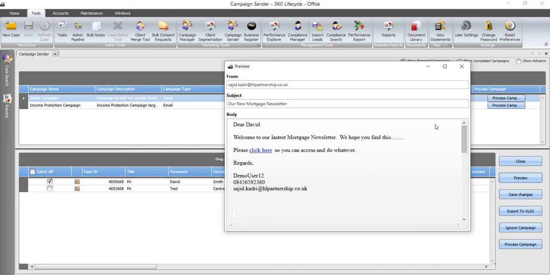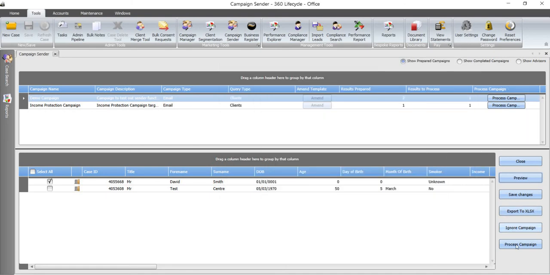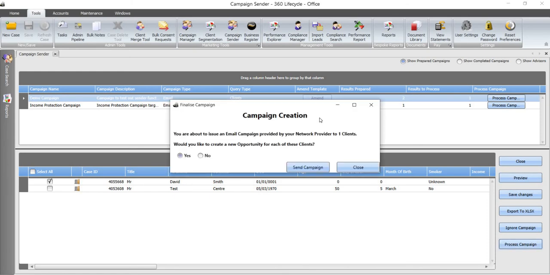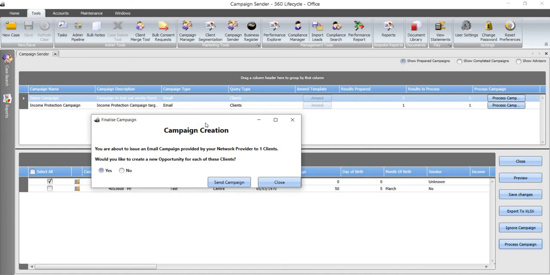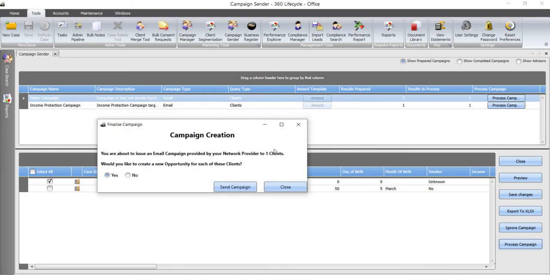So as soon as you've previewed it and you're happy with it, you just X out of it, and the next thing to do is process campaign. Now, as you can see, the pop-up box has come here. I'm just going to drag it down here, and it says you're about to issue an email campaign to your network provider, and it tells you how many clients. So it'll tell you how many clients you're actually going to send it out to. As soon as you're happy with the number there, this is actually an accurate figure, it will then say,